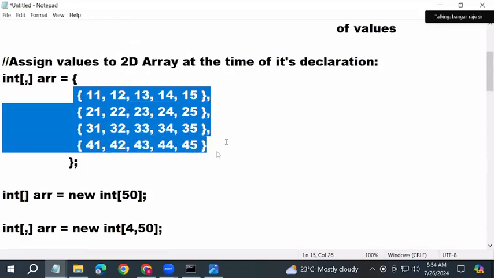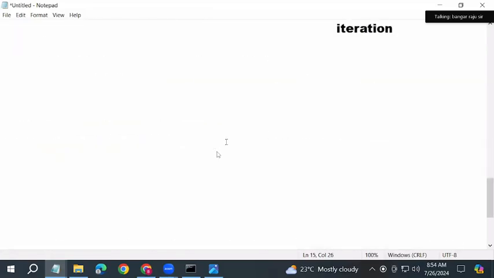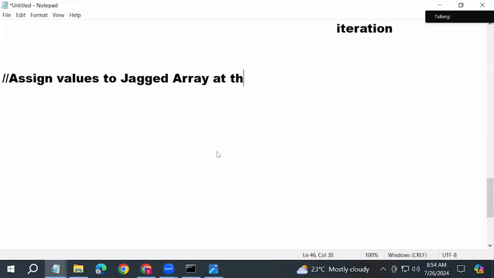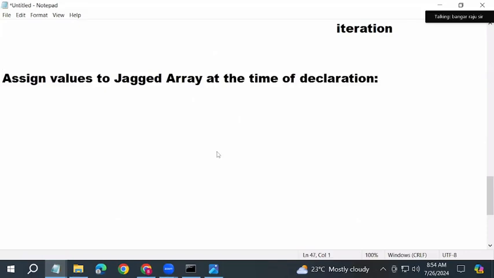Now also it will be a similar style, guys. But let me explain. What do you want to do? At the time of declaration, how to do it? Is equals to, open the curly brace. Again, each row should be under separate curly braces. First row,